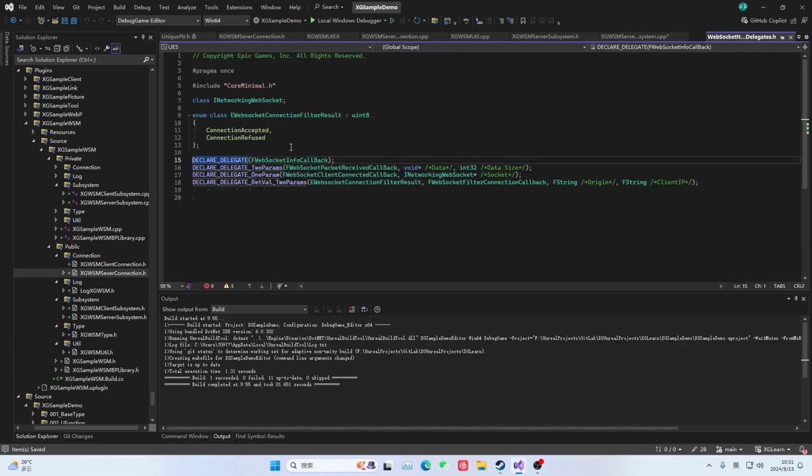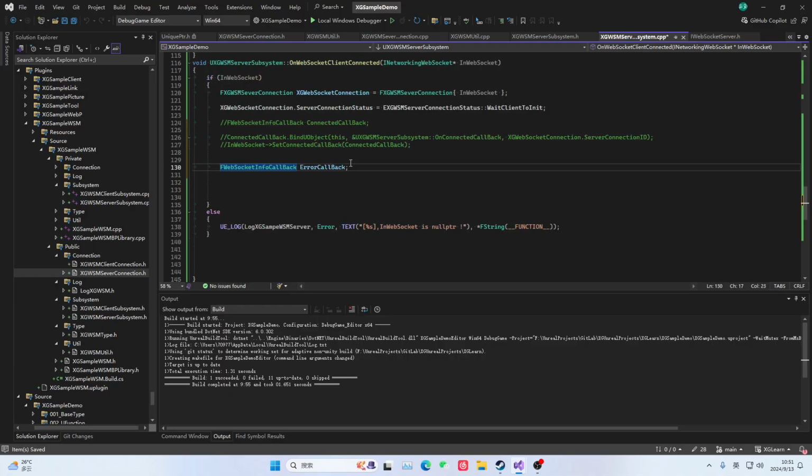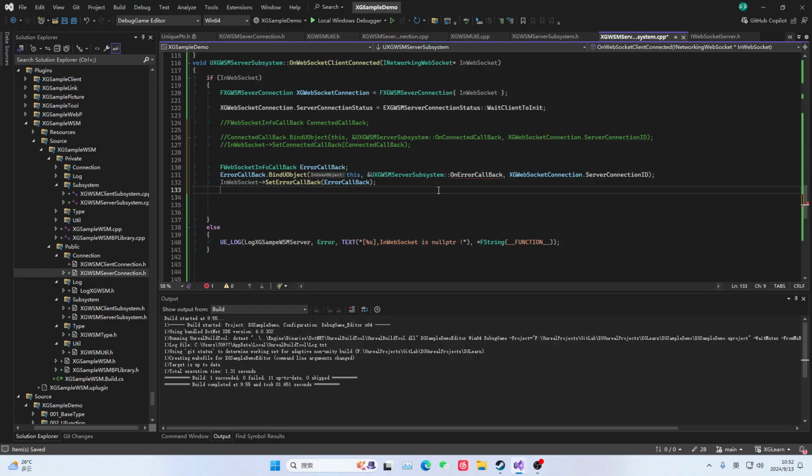And then we need to prepare an error callback. That is to say, if an error occurs here, it will actually be here. You can take a look. This error command, is it? You can see, that is to say, it all uses this info command. An error occurred. So here,